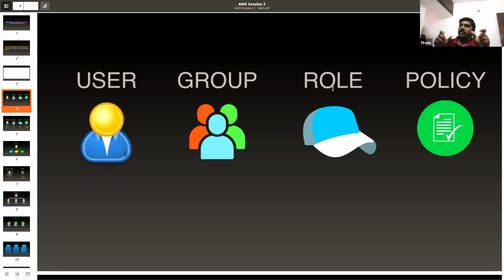EC2 instances are allowed to perform read operation in the database. So this is how the policy will look. This policy is one statement. Like this, you can have multiple statements, and you can combine all the statements and put them into a particular role. And then you can assign that role to a user or to a group.